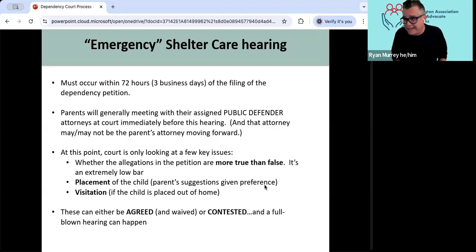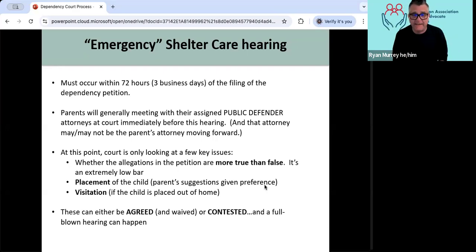So if a parent says, I don't want my kid to go into foster care, I want my mom to take care of them, or dad's mom, whoever, the court has to consider that and give that weight. And if the child is placed out of home, what visitation will look like between the parent and the child.